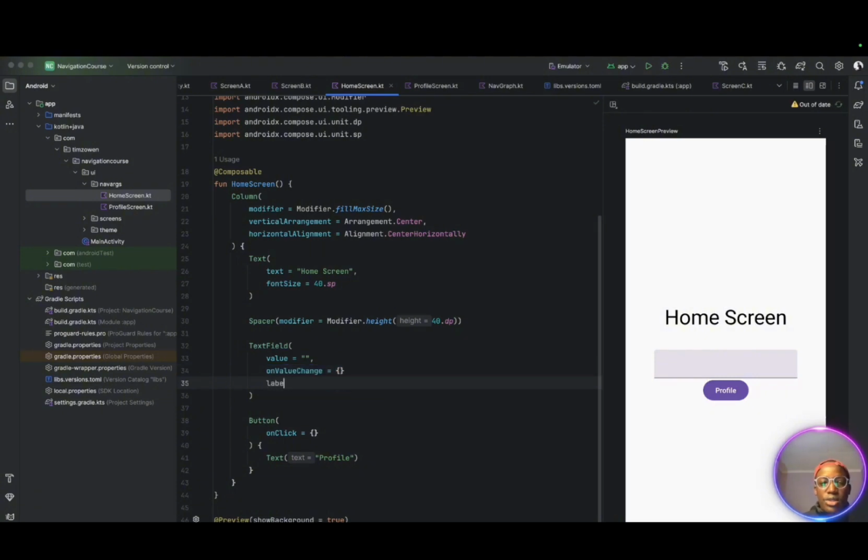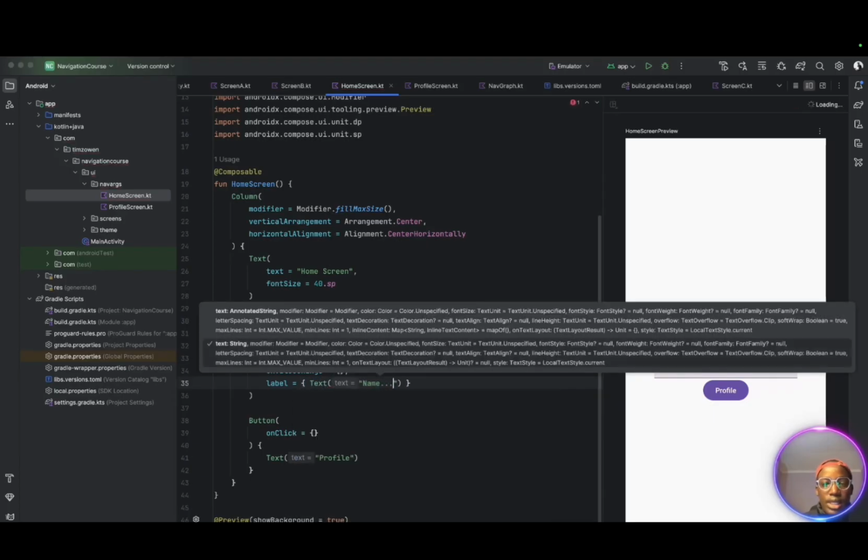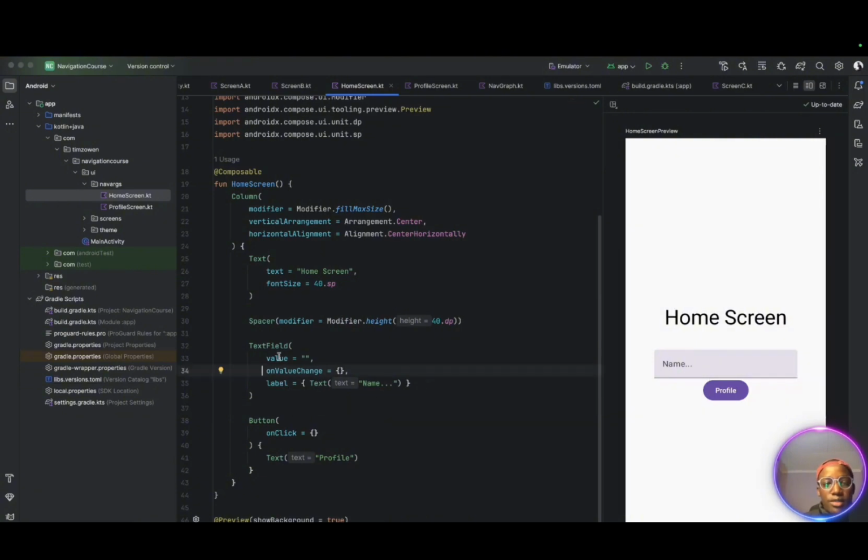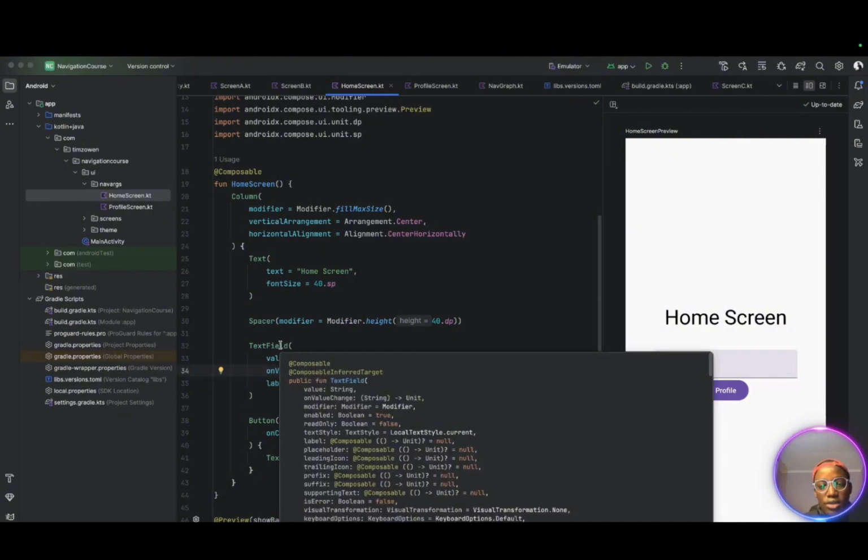The other thing we can do is to add a label to enable a user to know what he or she is expected to input. So for the label, maybe you can say name. Okay, let's just have name. So this one is a lambda with text, and say name. Now, if you need to see other properties of what this text field has, you just hover your mouse and you should be able to see we have everything from leading icon, placeholders. This is something we will venture into later on, but for now,